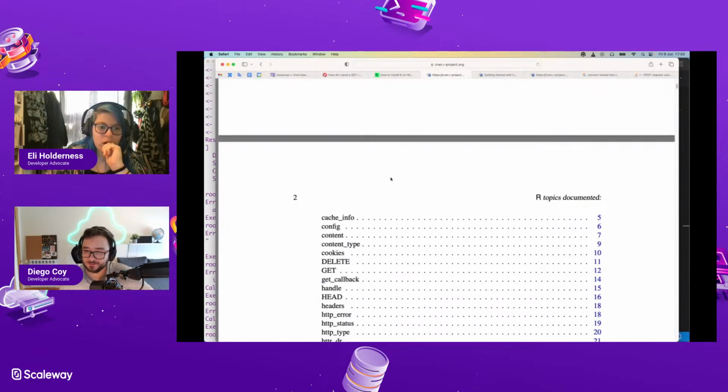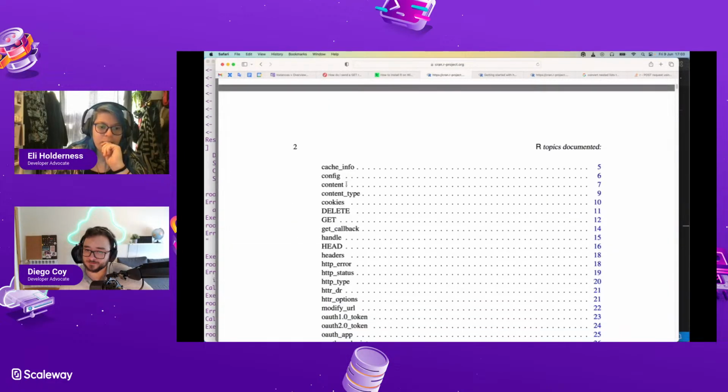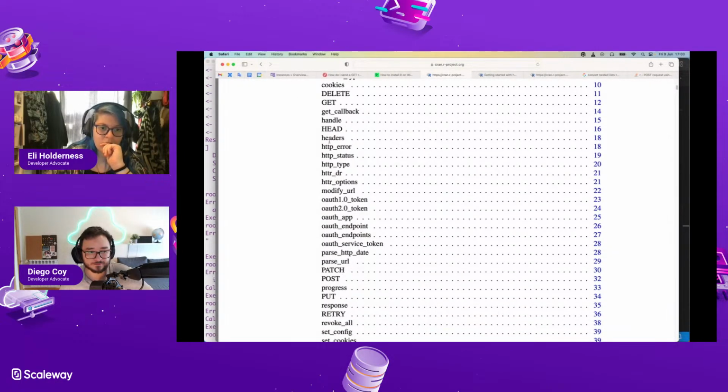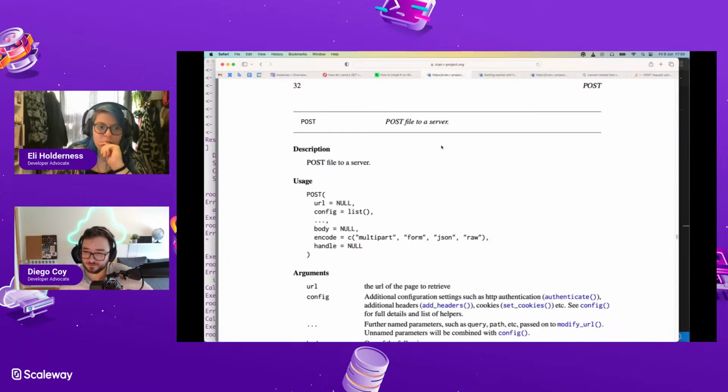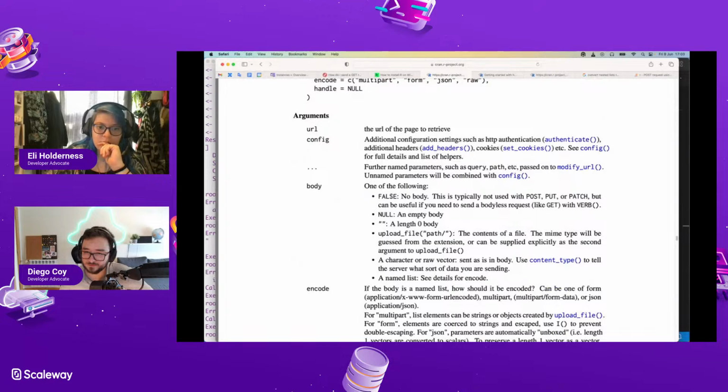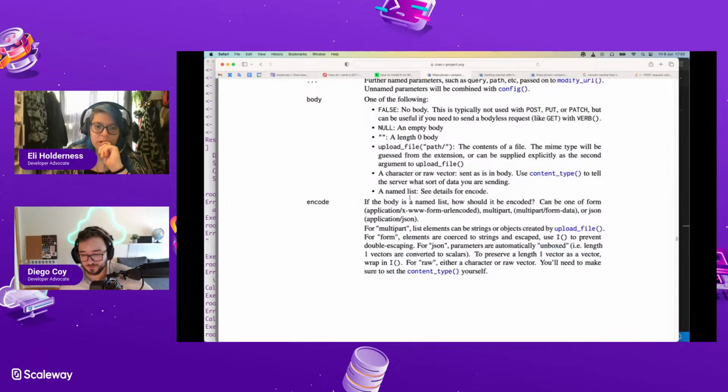Body. Yeah, post body equals false, no body. A character or raw vector sent as in body. A named list. See details for encode. If the body is a named list, how should it be encoded? For multipart, list elements could be strings or objects.